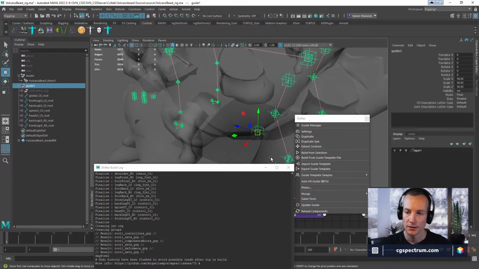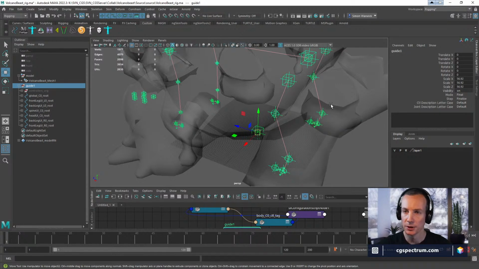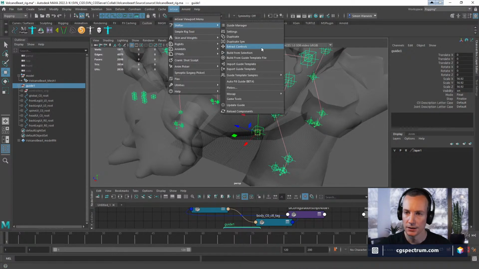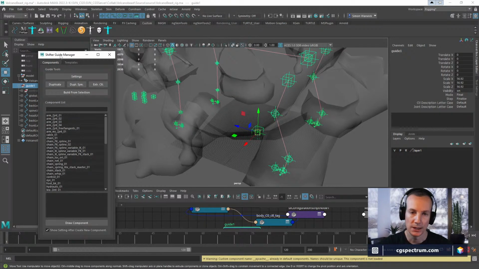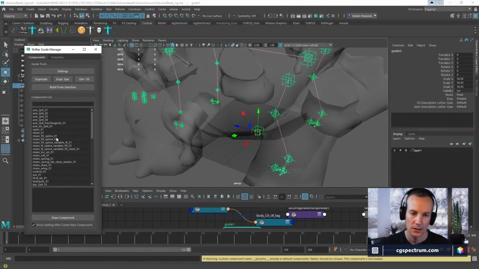We're gonna make a new component, and so we're gonna do guide manager. That's where we get this cool thing. What do I want? Just a chain, I think. So simple IKFK chain. Oh no, that's not what I want. Cable. Create a simple cable rig with 2 points attached. Sounds good. What else we got? Spring, FK chain with spring. Oh, that sounds even better.